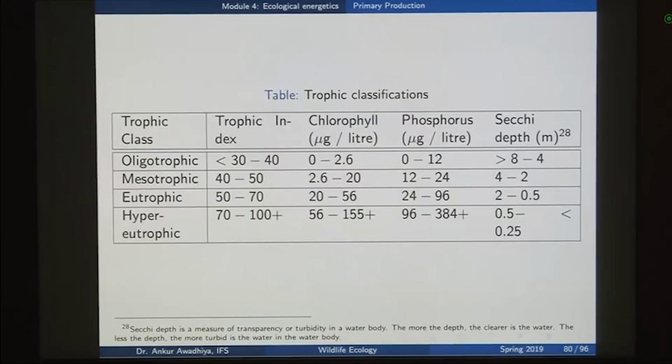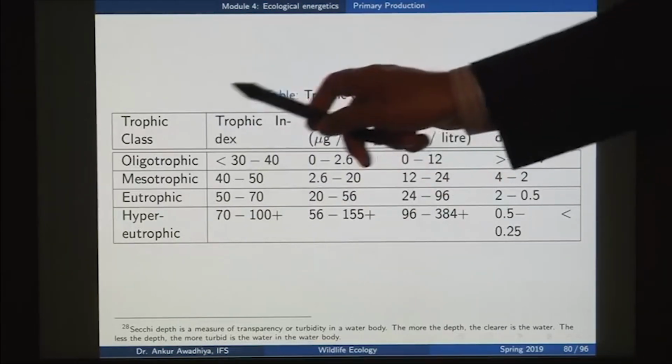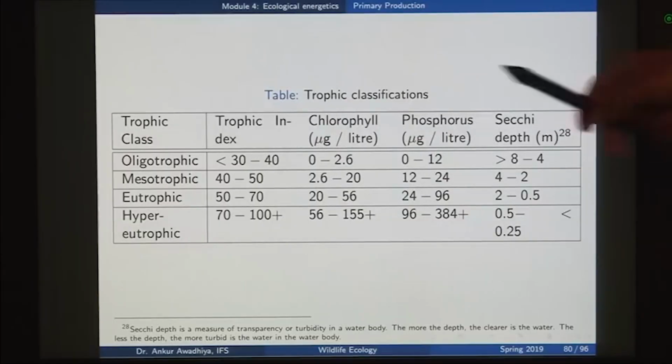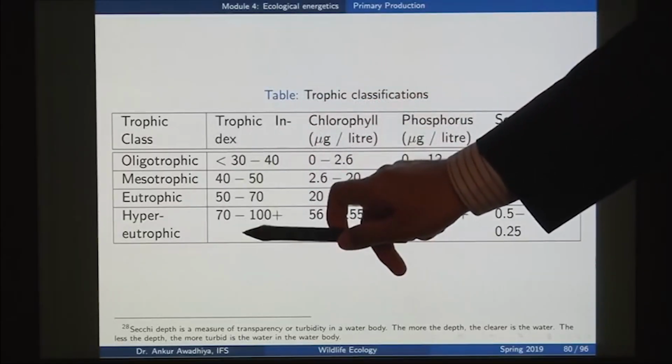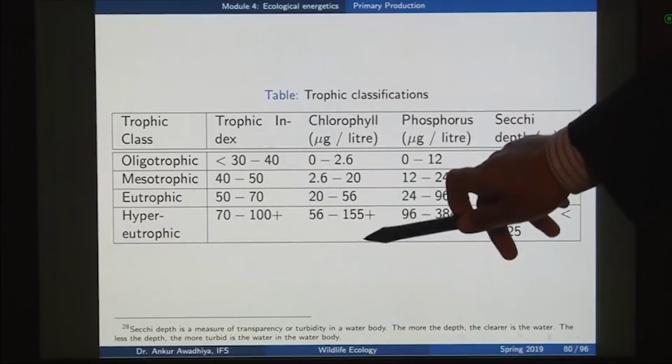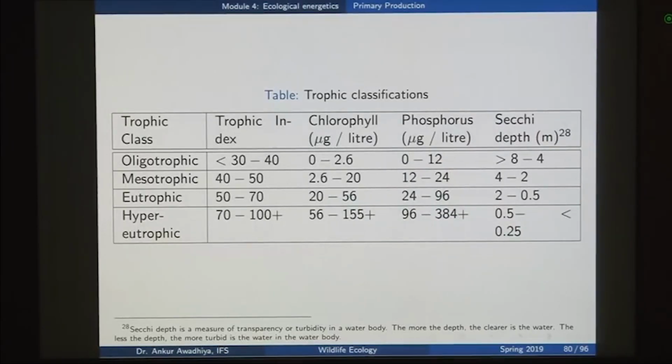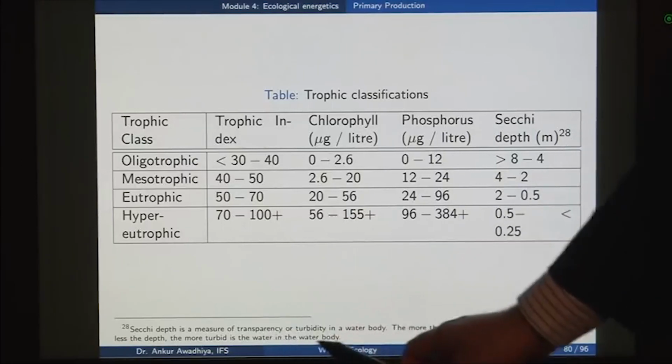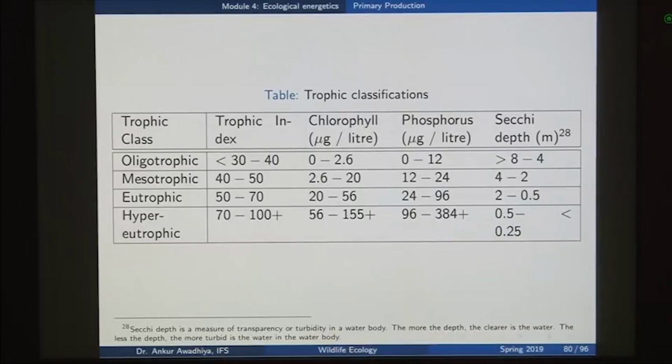Now, we can also look at different other characteristics of these lakes. So, we can have a look at trophic index. Now, trophic index is the amount of productivity that we have in this lake. So, when we move from oligo to meso to eutrophic to hypereutrophic, the amount of productivity increases. The amount of chlorophyll also increases because you have more number of plants, so more amount of chlorophyll. The amount of phosphorus is typically also large, which is supporting these heavy plant growths, and the Secchi depth. Now, Secchi depth is an indication of the amount of turbidity that is there in the lake. So, Secchi depth is a measurement of transparency or turbidity in the water body. The more the depth, the clearer is the water.